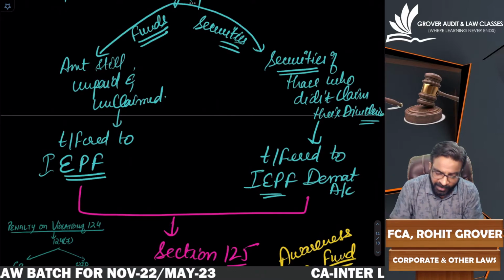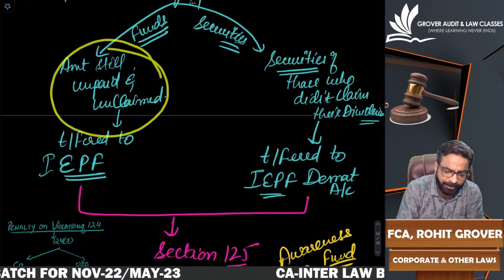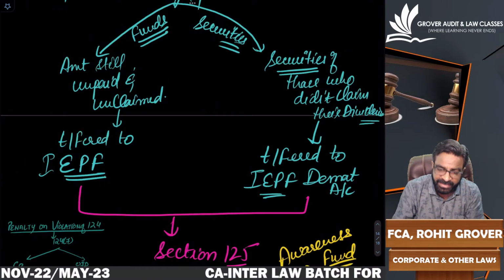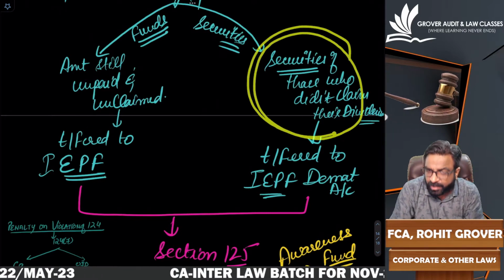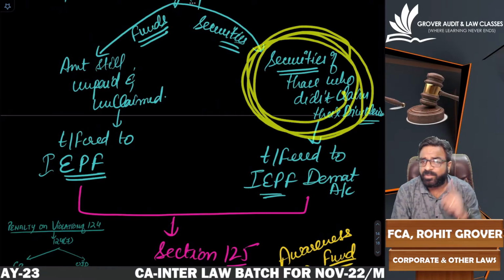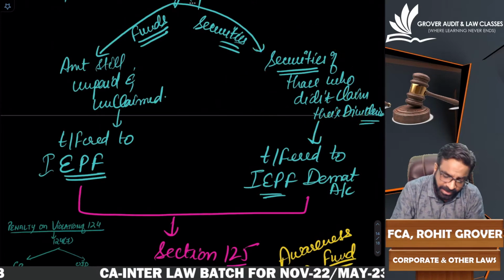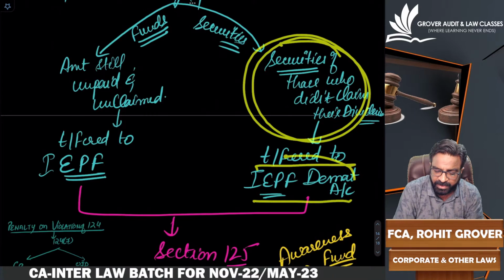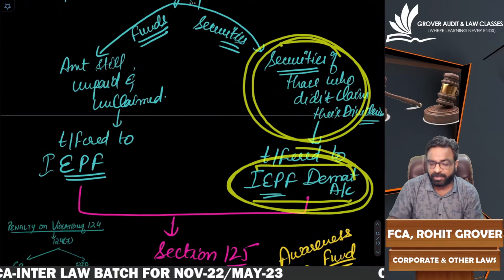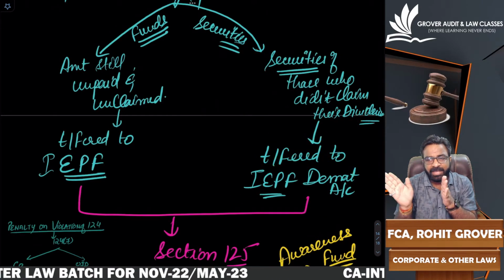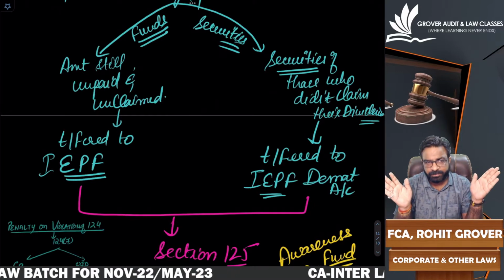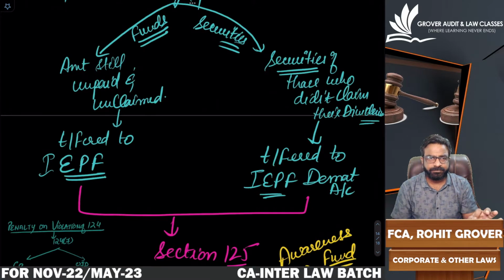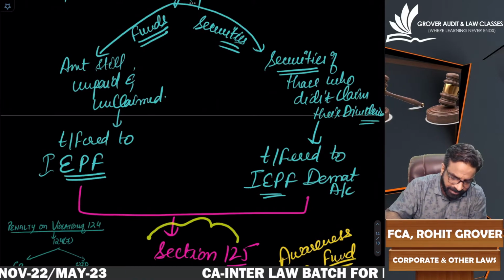The unpaid and unclaimed dividend funds we have transferred to which account? IEPF. Their securities also we will take over. Those people who have not claimed their money, their shares also will be taken over and transferred to which account? IEPF demat account. So money is transferred to the IEPF fund and shares are transferred to the IEPF demat account. Is it crystal clear to all of you? And that is called section number